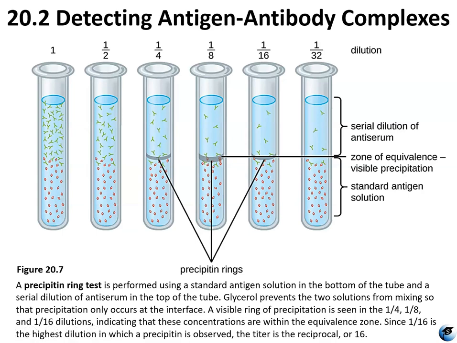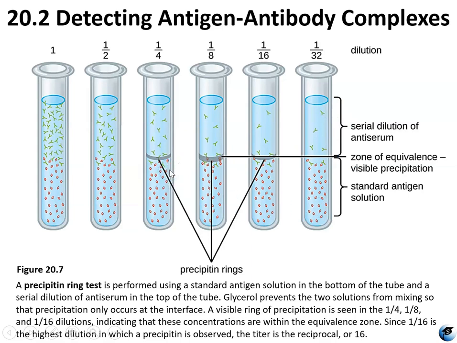And then you can determine the optimal amount of antigen to antibody ratio by doing a serial dilution, right? So if you have a 1-to-1 antibody antigen, 1-to-2, 1-to-4, 1-to-8, 1-to-16, and 1-to-32,